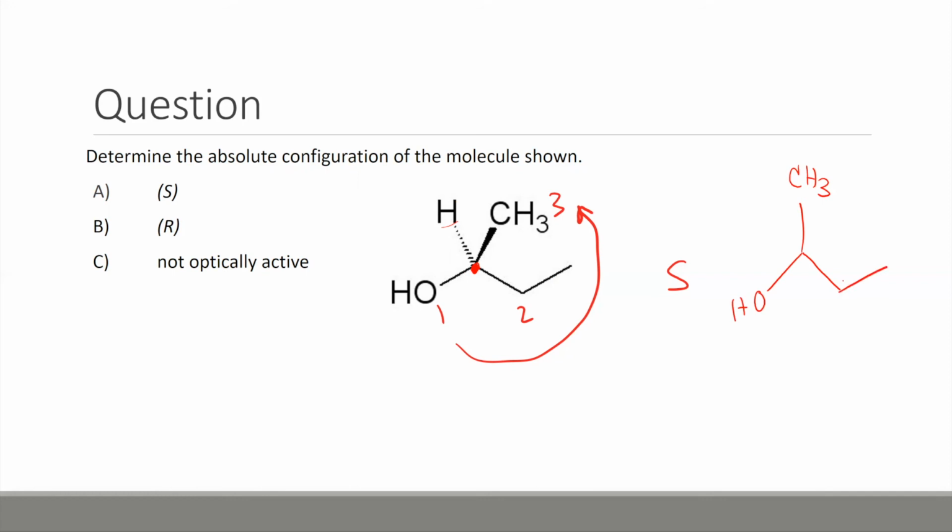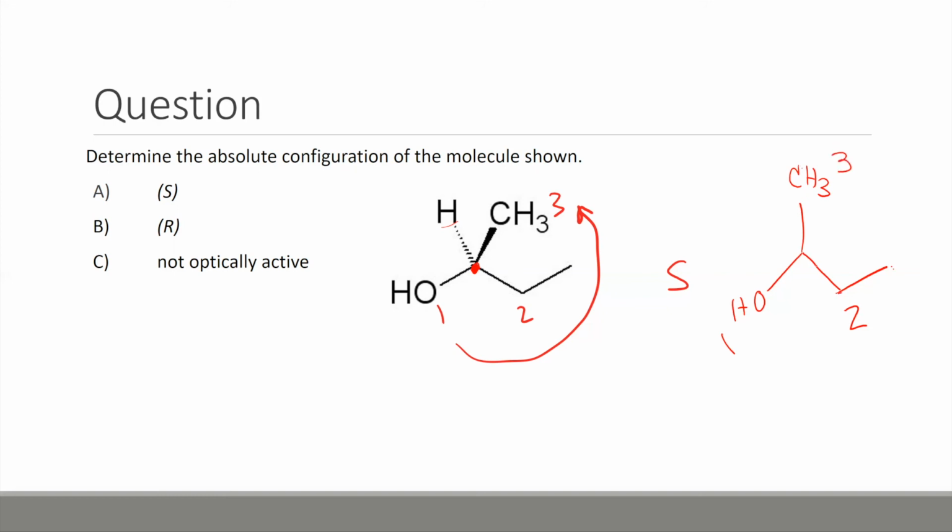This is our other group. And if we want to rank these, the oxygen will get priority 1 because of its atomic number. This chain gets priority 2. It's a longer chain. It has more carbon attachments than here, where we only have a carbon attached to 3